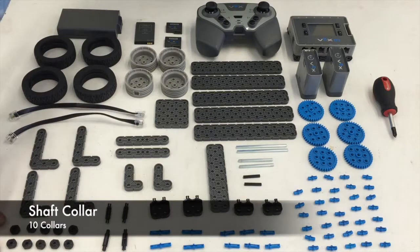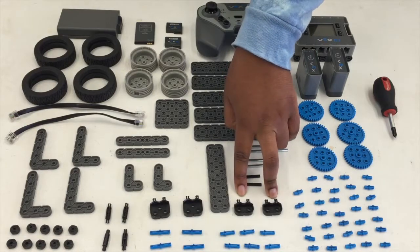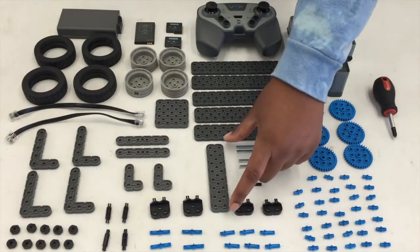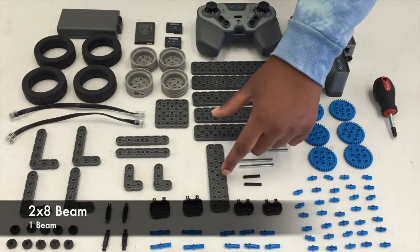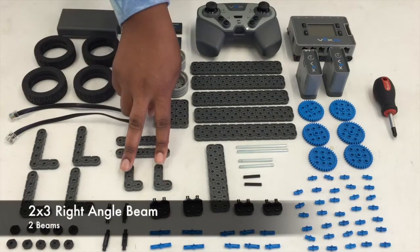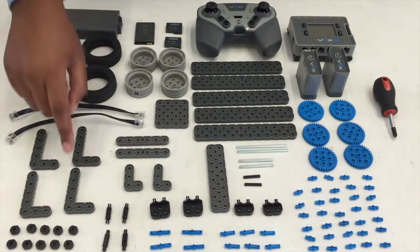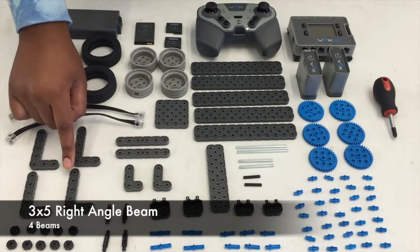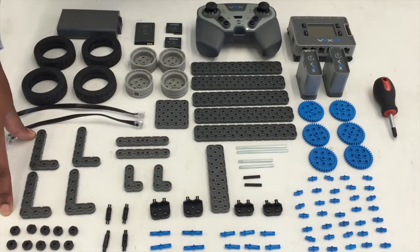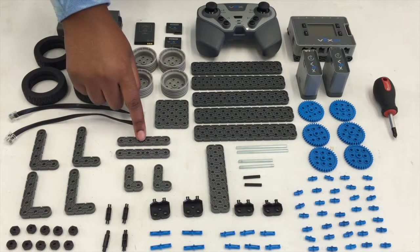You also will need 10 shaft collars, 2 1x2 corner connectors, 2 1x2 offset corner connectors, 1 2x8 beam, and as you can see I'm counting out to make sure that it is indeed 2x8, 2 2x3 right angle beams, which should have 4 holes in total, 4 3x5 right angle beams, which should have 7 holes in total, 2 1x6 beams. These beams have 7 holes,